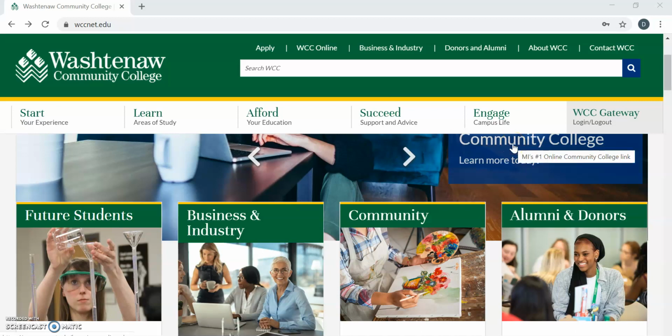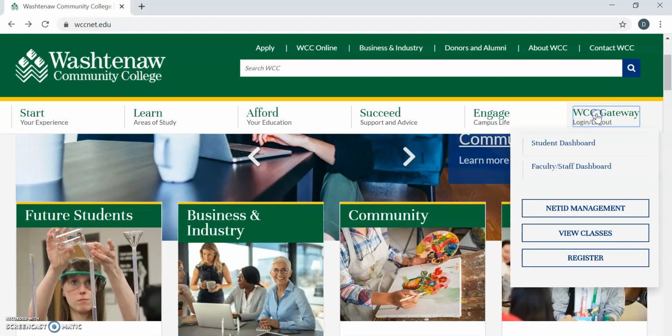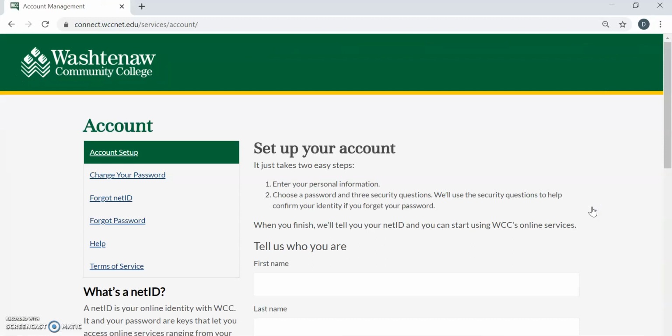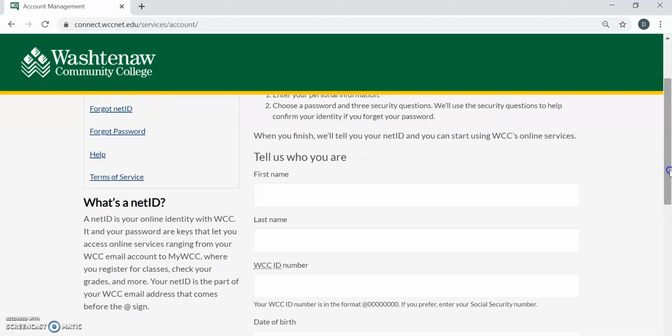Okay, right now I want to show you how to set up your online account, your student account. What you'll do to start is go into the WCC gateway and click on NetID Management. Once you are in, we are going to set up your account, and you'll need to tell us your first name,